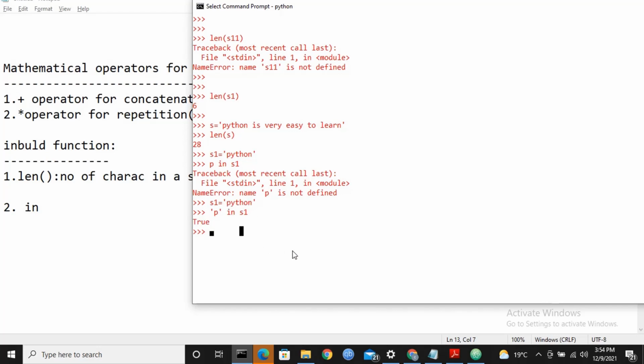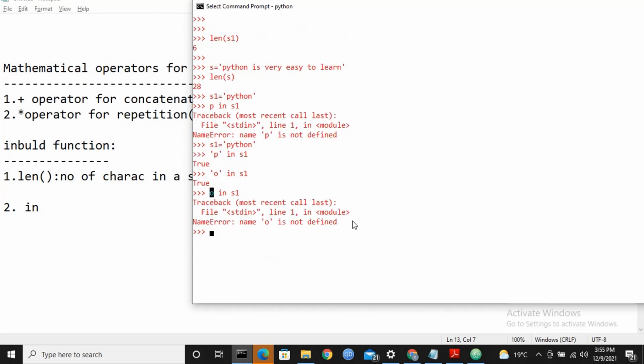That means p is present in the s1 variable which is having the value Python. Let's go for some other also. Suppose I need to check o. Okay, 'o' in s1, it is present. Suppose I am giving only o in s1. Here it will show o is not defined, because a character is a string type, all are represented inside single quotes. So an individual character is also treated as a string by default in Python.